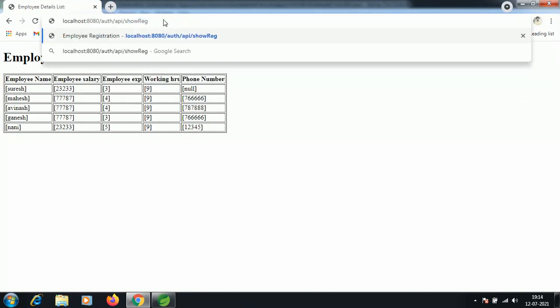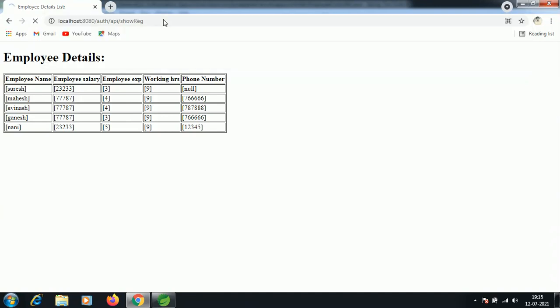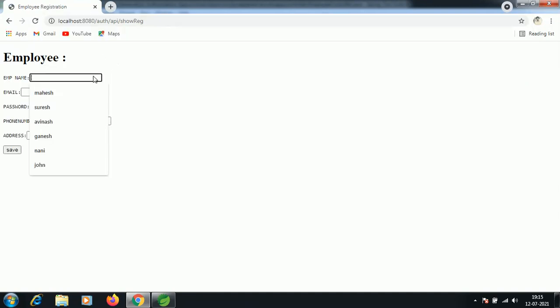Finally, enter the employee details like Venkatesh,